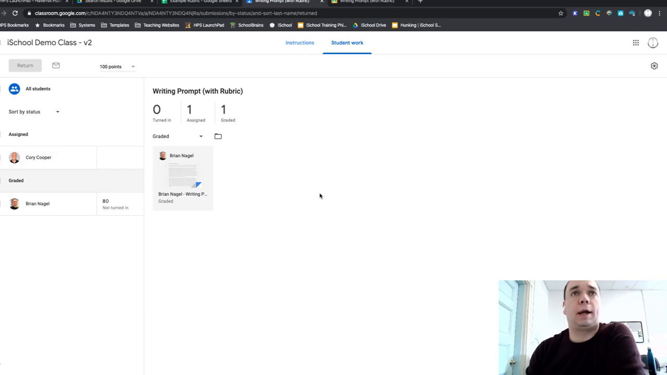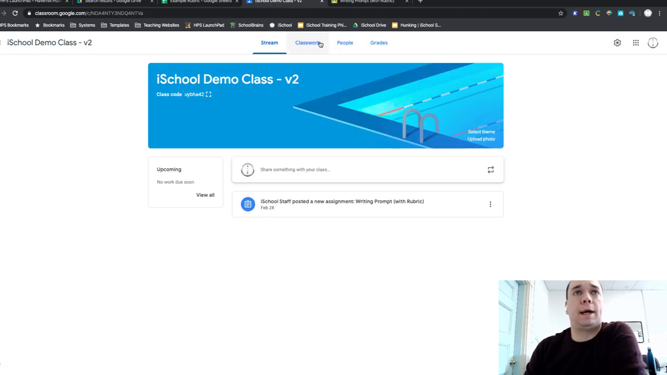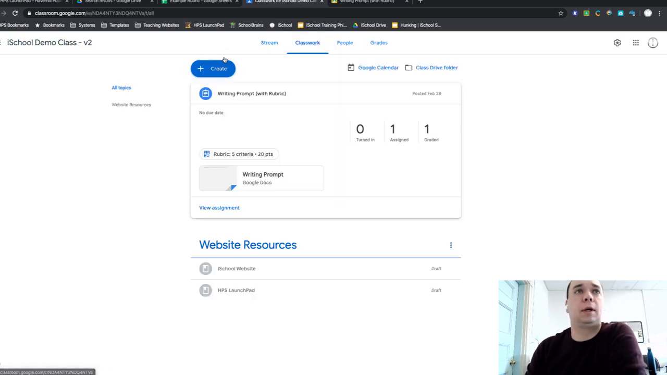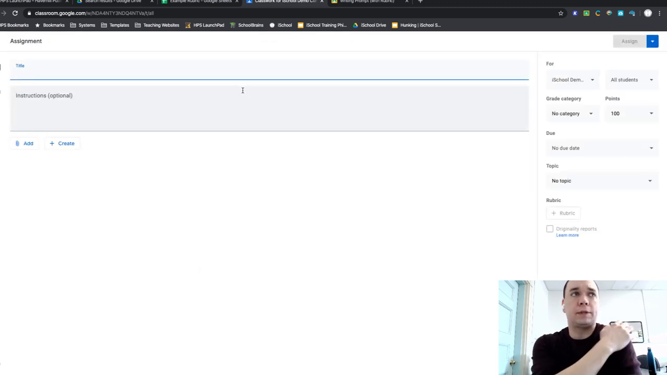So let's take a look at how to create a rubric from scratch. If I'm on my main class, I'm going to go to the Classwork page and create an assignment. This screen for assignments has been updated recently. It's much cleaner to work with, I think. You give yourself a title